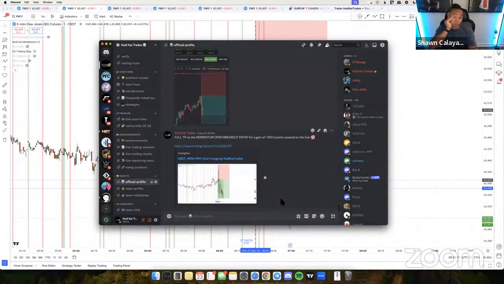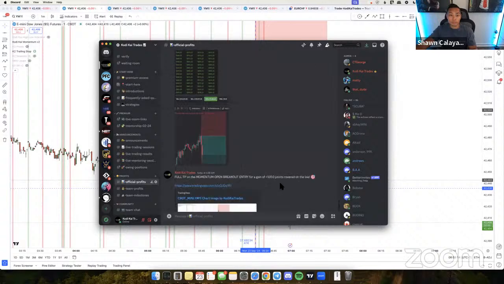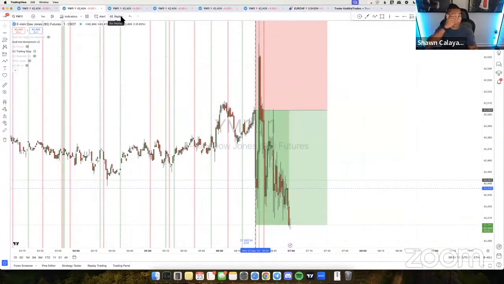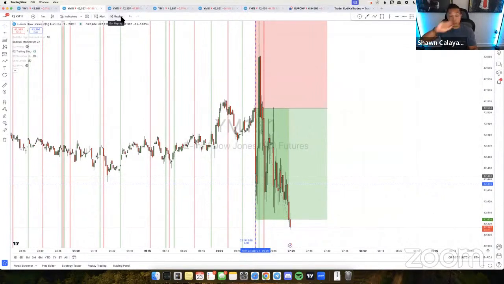And also, this is all based off the momentum signal, guys. You guys can see over here on my markup, I don't have anything on the chart aside from momentum. That's all I'm using. So I'm not going to tell you guys exactly how I'm identifying it because this is what's going to be used for the hedge fund. I will tell you guys every morning though. So if you hop on the live session every morning, I'll tell you where the direction is going to be. But I'm going to be using this strategy for the hedge fund.